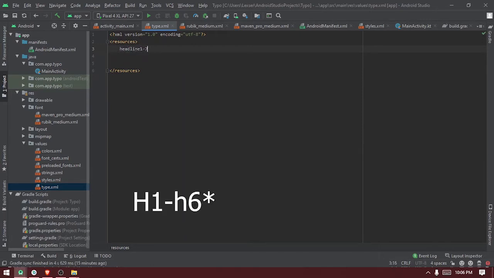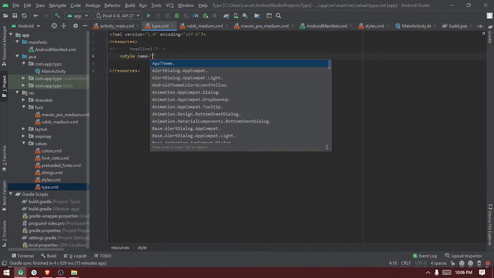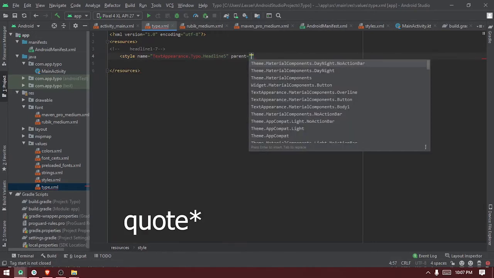1 to 7. So this basically applies to HTML. That is headline 1 being a very big text, headline 2 reducing to headline 7, right? So say style name text appearance. Over here we're using text appearance that maybe you can add the application name typo dot headline. So I'm using headline 5 for this showcase, then headline 5, close the tag, parent